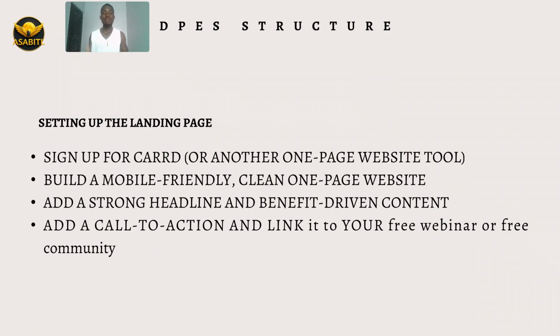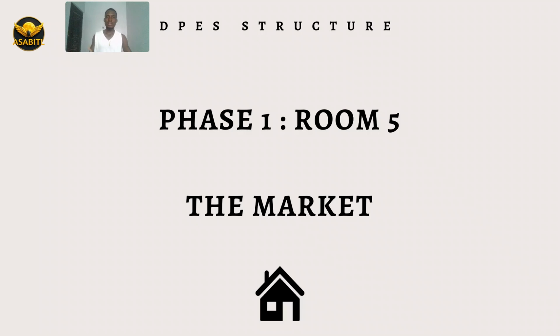Ask ChatGPT, I'm building a landing page for my product that I'm about to launch soon. Tell me the structure that I need to put in place, the information in my headline, and all of those. Then ChatGPT will provide the information for you, and you take it to your one page website builder and set that information up and make sure that it looks so attractive, easy to navigate, and all of that. So I hope you're getting this right, because this is a process that everybody follows in order to make it online. If you're not following this process, it's not going to work out for you. You understand me? Follow this process and see how the result is going to come out.